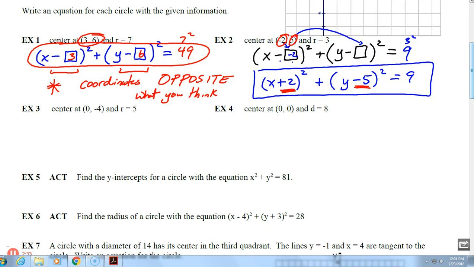Now these two examples are kind of key because they ask, what if one of them is a 0, or what if it's centered at the origin? You know, they're both at 0. Well, these are even easier